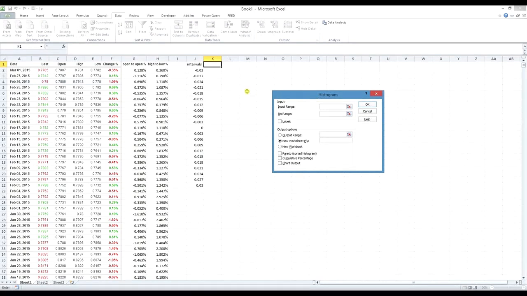We're going to analyze all the open to open returns first before we move on to high to low. So we need to select the input range, which is all the open to open returns in our data set. So that's from cell G2 down to the end of the sheet. The quick way to go to the end of the sheet from here, after you've selected G2, is holding